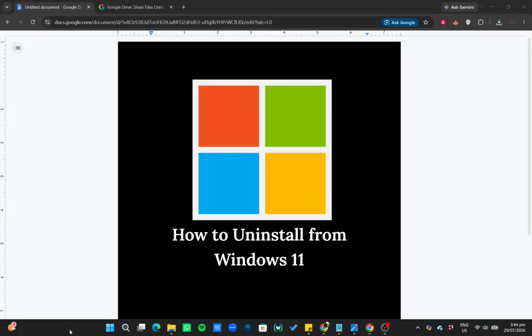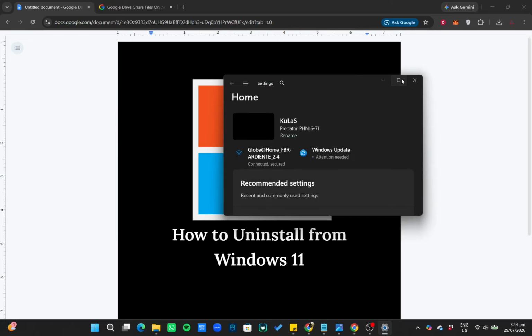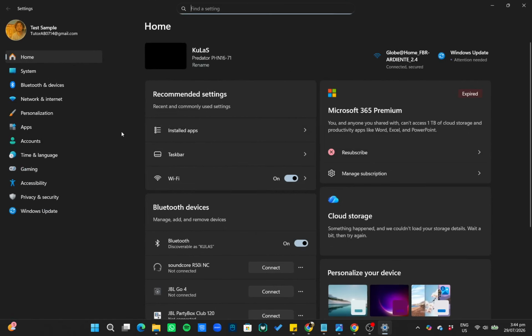You should now see the Windows settings panel, usually with System selected by default and a list of icons on the left side. If settings does not open, check that you pressed both keys at the same time. Then try again until the settings window appears. Once that is open, go to Apps, then choose Installed Apps.